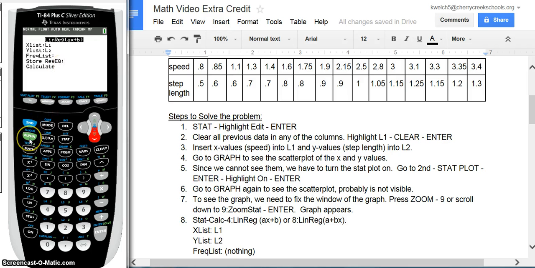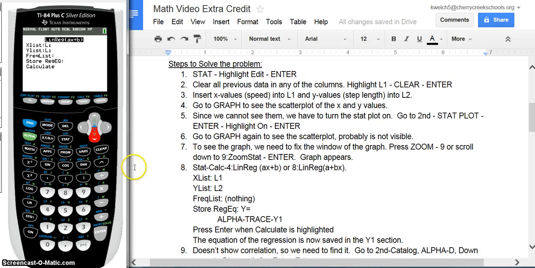To do this, we are going to press, here, let me go down on this. Okay, we're going to press alpha, trace to get to F4, and we want it to be in y1, so we're going to press enter since 1 is already highlighted for y1. Press enter, and then y1 will appear, so that's where your equation is going to be stored. Then you press the down arrow until it highlights calculate, and then you press enter, and then it comes up with your equation. So your equation is right here,